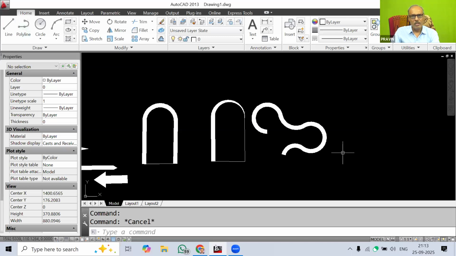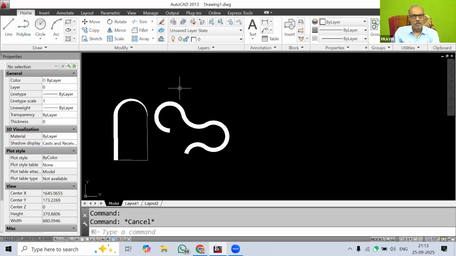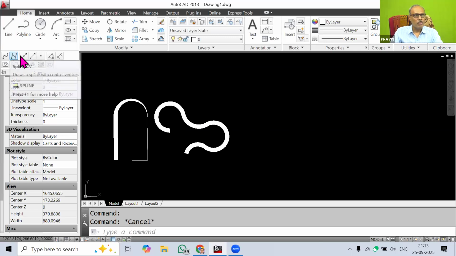So dear friends, another important command in AutoCAD is the multi-line command. Multi-line command can be used in many applications. From the draw menu, there is a command, and you can just search for it. So multi-line command.